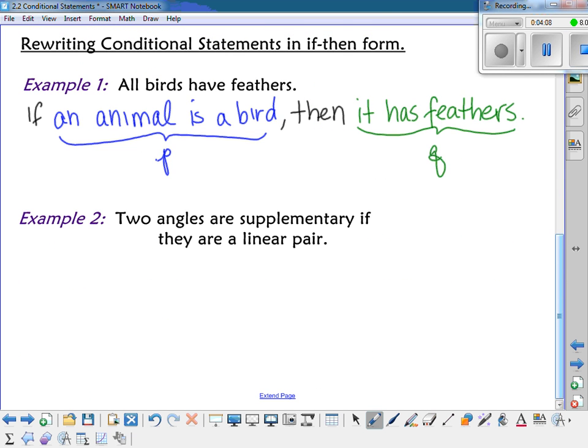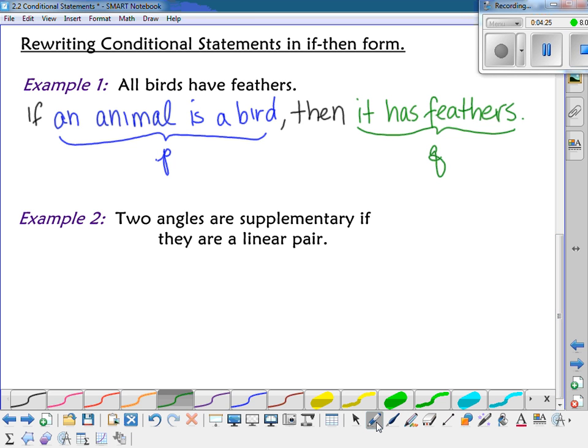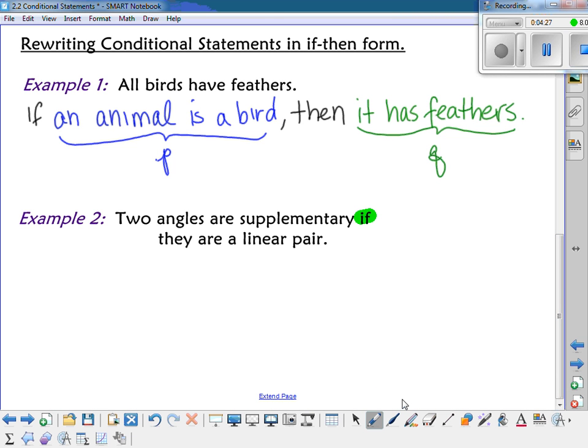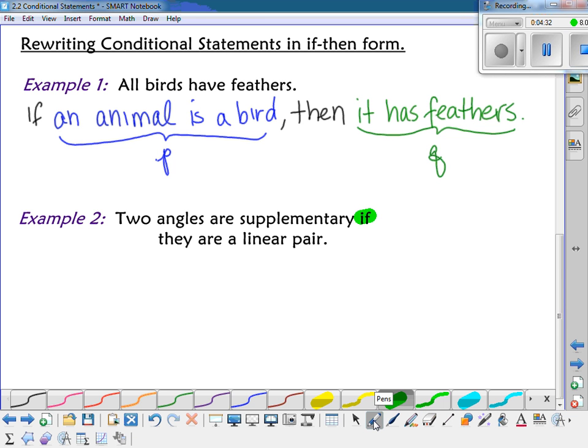All right, this next one is a little bit tricky. It says two angles are supplementary if they are a linear pair. So the condition that has to be present is that they have to be a linear pair. So this one is one where they've kind of written it backwards. And you can see they already have the word if in there. So if the word if is in there, that's going to be your hypothesis, what follows the if. So to rewrite it in if-then form,